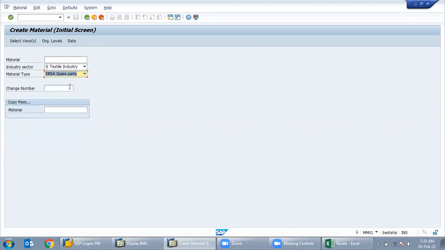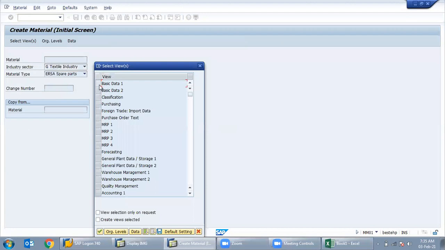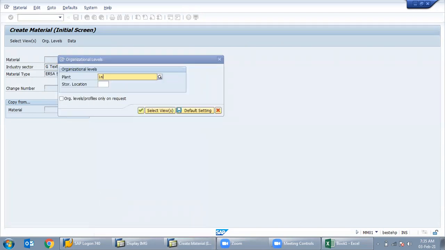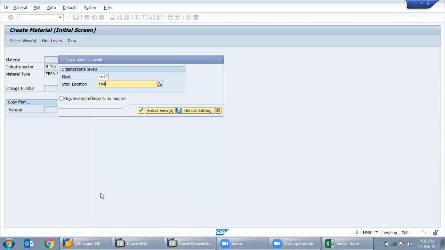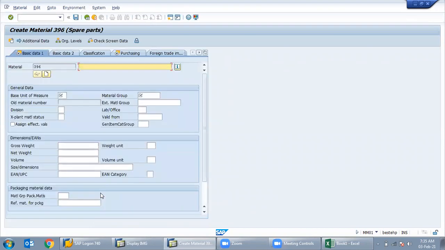Just select one, press enter, basic data, purchasing data, general data, accounting data. Press enter, IN47. So here see, the description was there.